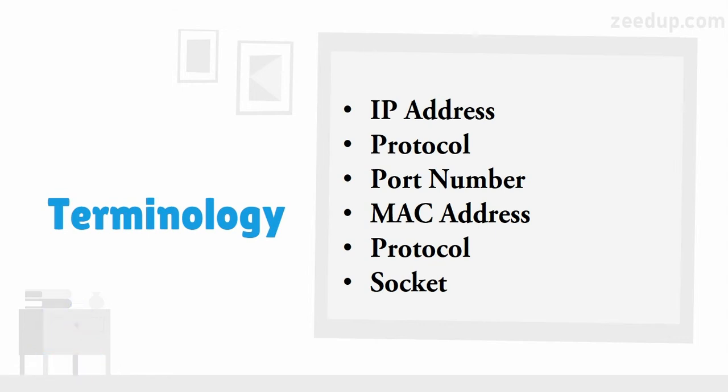Next we have the protocol. The protocol is basically a set of rules that is followed before establishing a communication or to exchange the data while the connection is being established between the two machines. Just like in the real world, when we try to communicate with a person, we communicate following the rules of the language, right? Like I'm delivering this lecture in English, so I'm following the rules of the English language. That is why you are able to understand what I am saying.